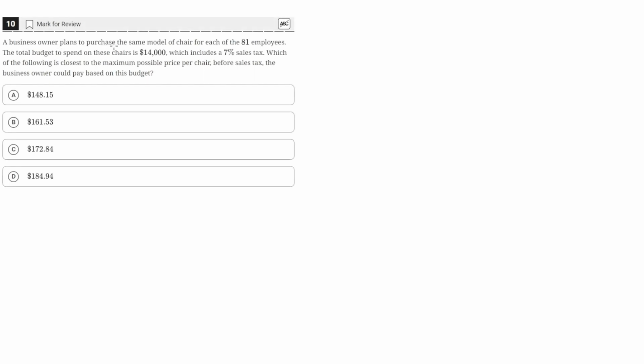A business owner plans to purchase the same model chair for each of the 28 employees. The total budget to spend on these chairs is $14,000, which includes a 7% sales tax. Which of the following is closest to the maximum possible price per chair before sales tax the business owner could pay based on this budget? So the business owner has 81 employees, and he's buying one chair for all of them. So 81 times P, the price of a chair,